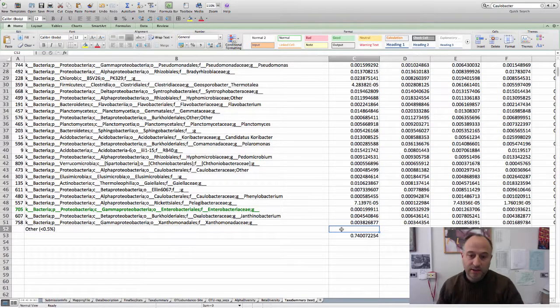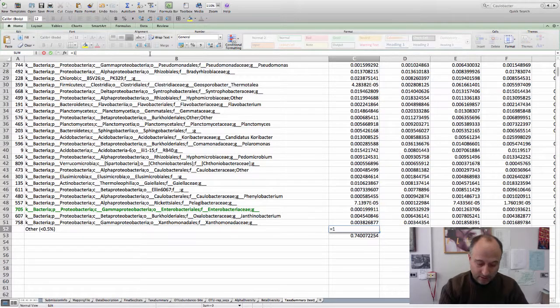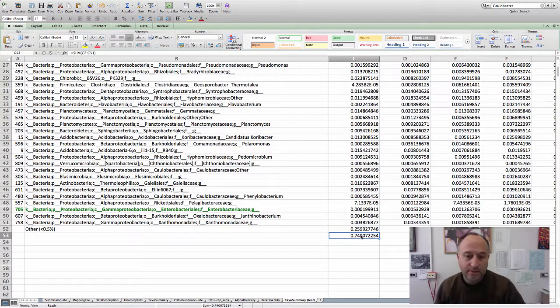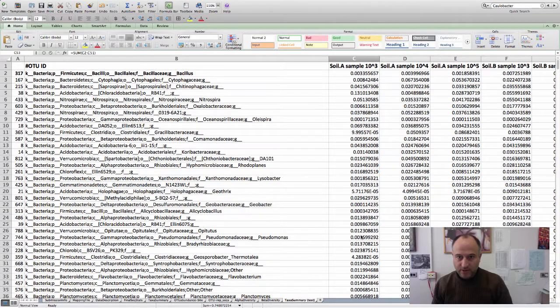And so how do we calculate that? Well, easily that's, again, putting in a formula. That would be 1 minus this value here. So again, about 26%. So we have that all for the first sample, soil A,